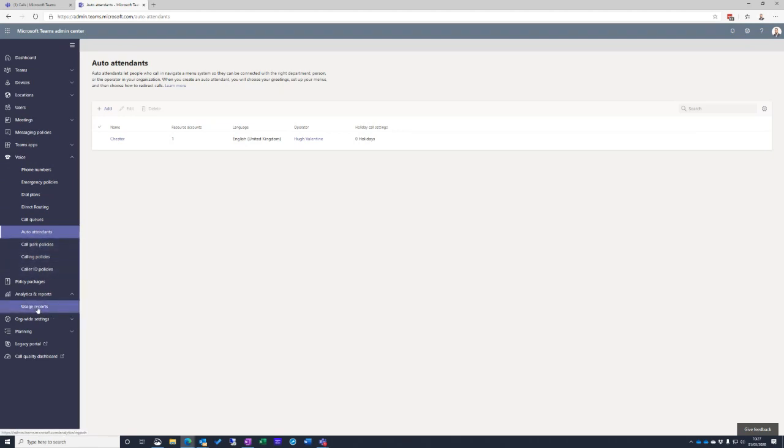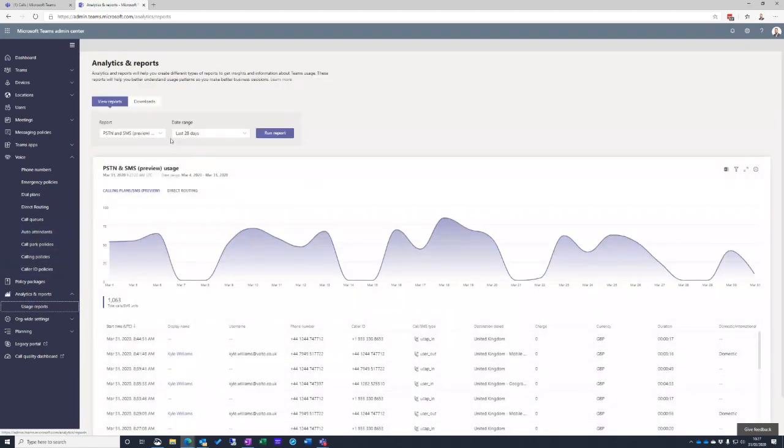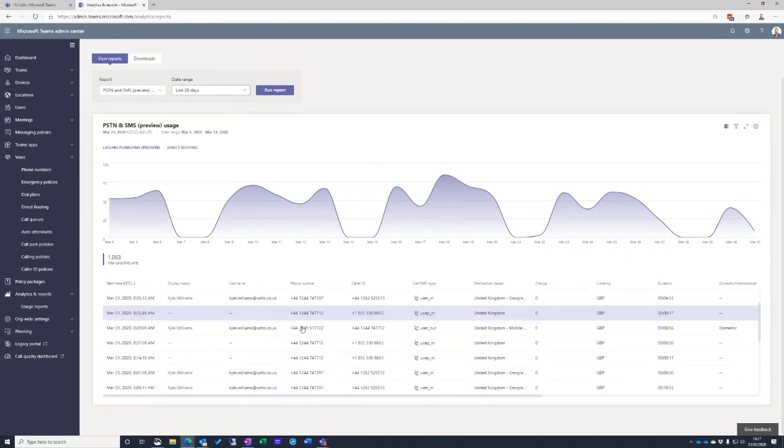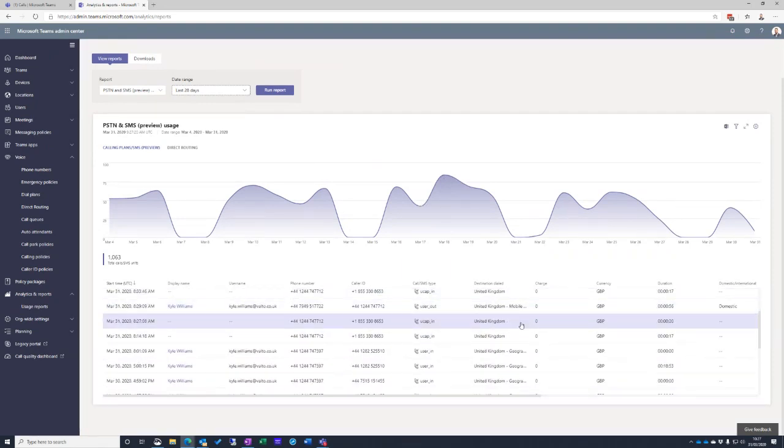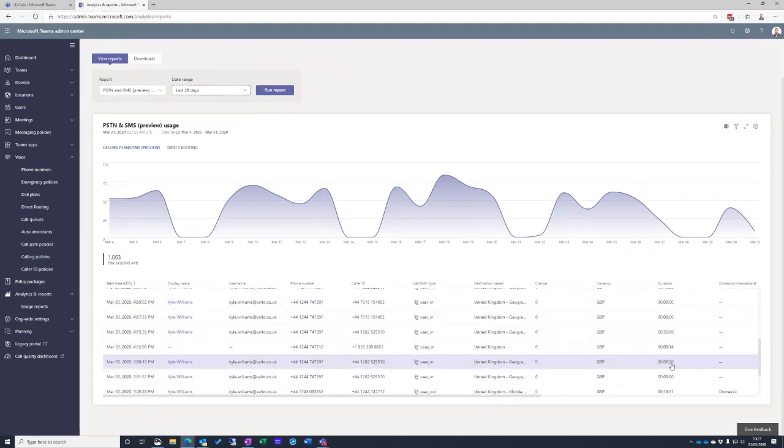The final part of this really is the usage reports. Now, Mark said about the warts and all earlier on. The reporting in the current Business Voice is quite weak. So if you do have very comprehensive reporting requirements, you'll see what I'm able to pull back from here is a date range from the last 28 days. And it allows me to see who's been sending and receiving calls, the duration of those calls, and whether they